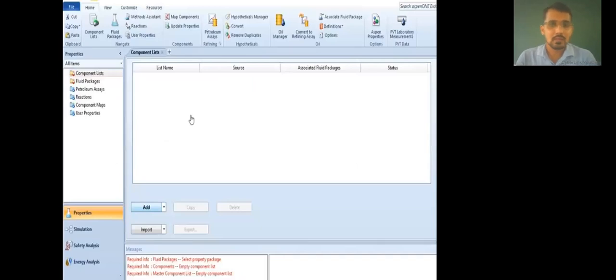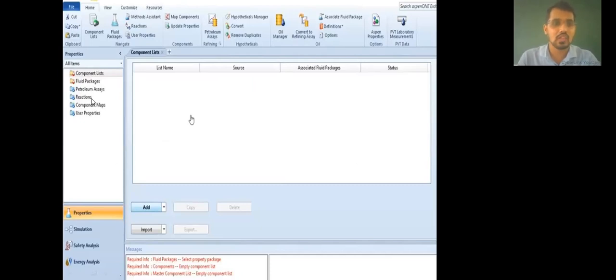You can see on the screen, this is the screen of SPIN-ISYS. Once you click on the SPIN-ISYS software, this type of window will open, where you can add components, fluid package, and petroleum assets, which are given by the chemist.